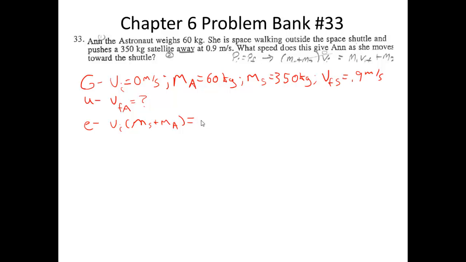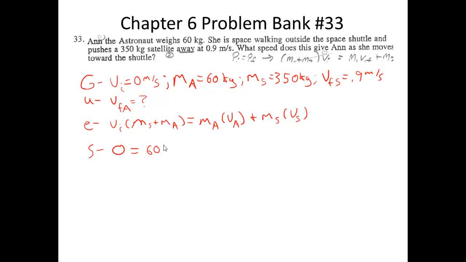So we have the mass of Ann times the velocity of Ann plus the mass of the satellite times the velocity of the satellite. Substitute everything in. This will be 0 because our initial velocity is 0. So this is equal to